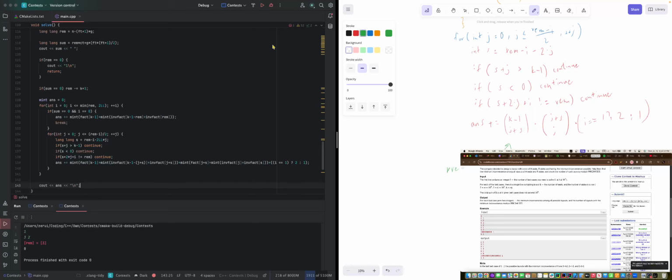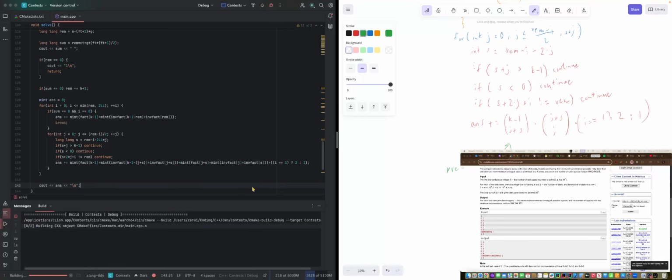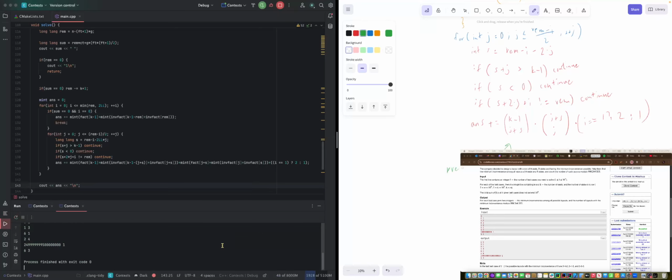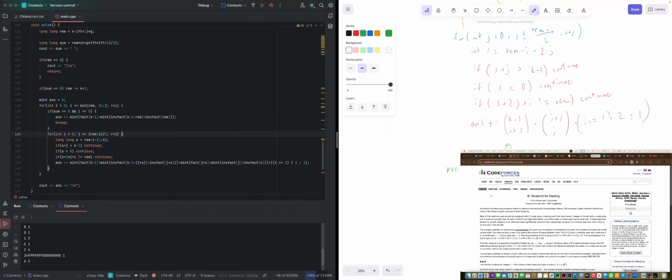So let's just test this real quick. I'm not completely confident that this will work, but we can debug if there's any error, or we can just submit it if there isn't. Okay. 1 4 1 3 1 4 3. Okay, it appears to work. So now let's submit it,